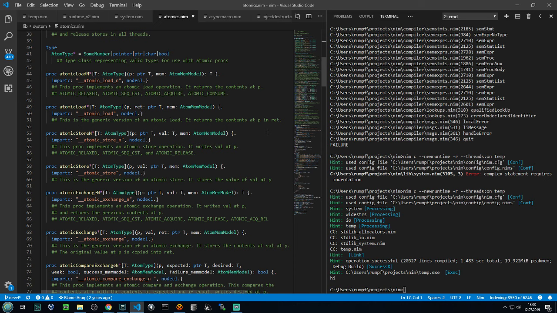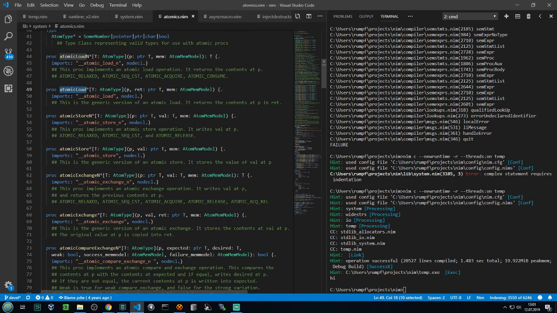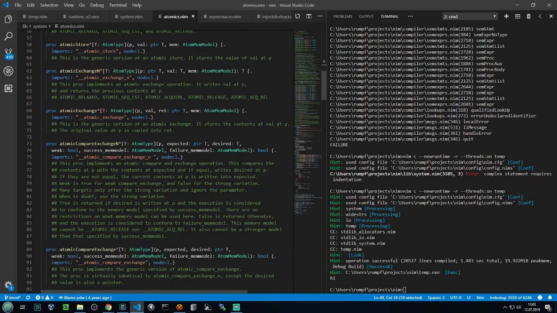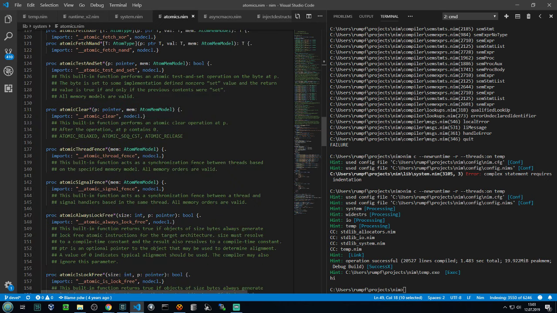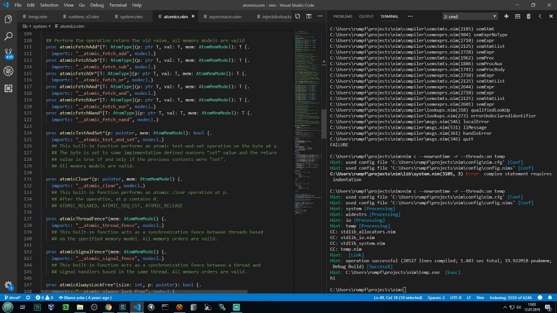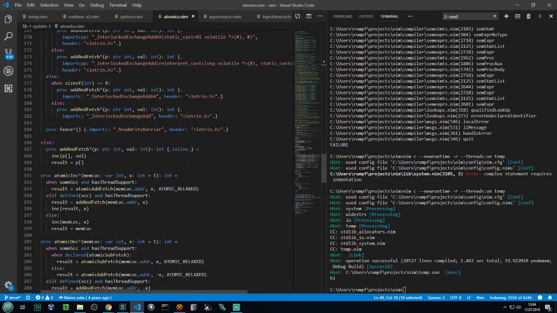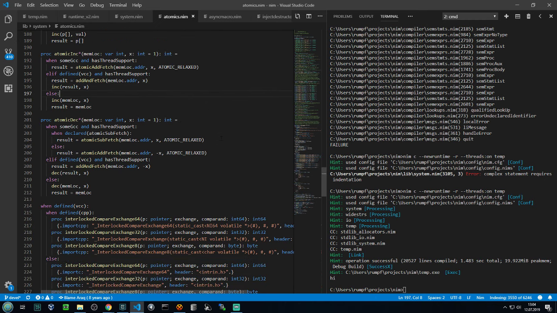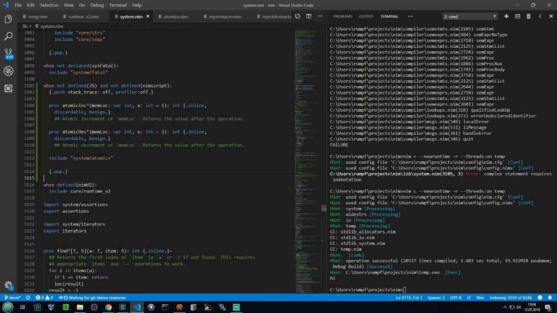So I need an atomic load here and the memory model. Atomic fetch. But this is okay. Is this inline? Yeah, it's inline. So actually,